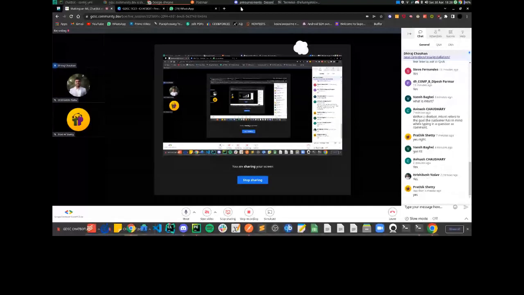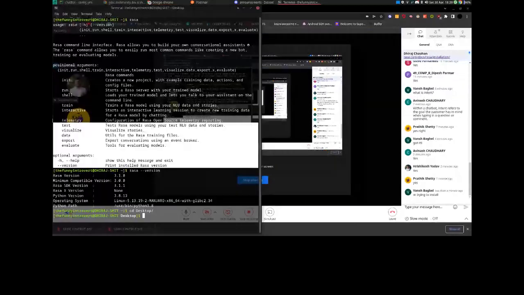What did I do? Okay, so let's go. I have to do it on the desktop, so I'm going to install it. No worries. It would not take that much time, but it would definitely take a few minutes because it has a lot of stuff that gets installed at that time. Okay, we can also see what commands Rasa offers.